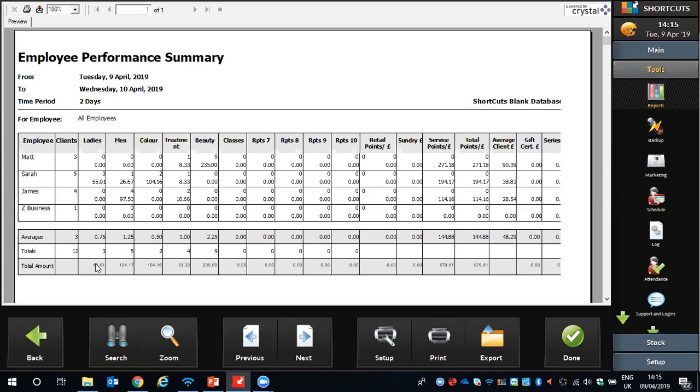Okay, and we can see right down the bottom, we have their total amount. This is a total for everyone in each of these categories. So we can see here, ladies, it was only Sarah. So the total is 3 services amounting to £55.01. Down here for our men's report categories, we have a total of